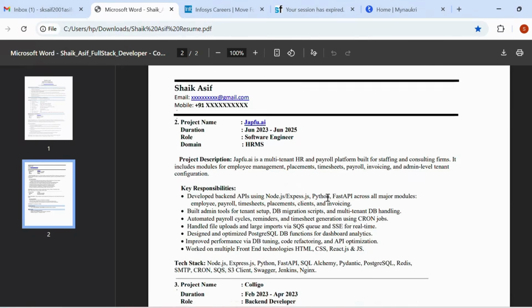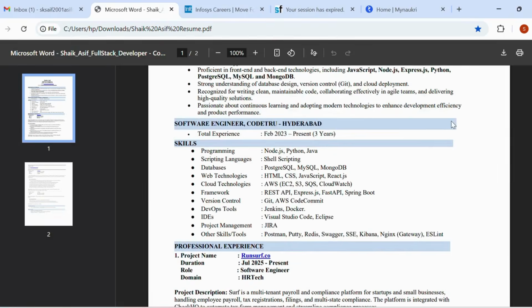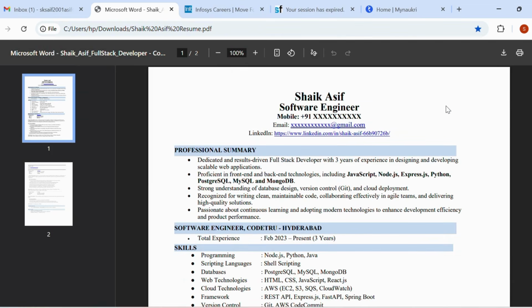Okay, the common mistake freshers and experienced people make is that they add their personal details, declarations, soft skills, and strengths. Don't add these things in your resume, it will just eat your resume space. Also, some people add their profile photo. Don't add that in your resume. Your resume should be fully professional. It should show your skills, the projects you have done, and your contact details.